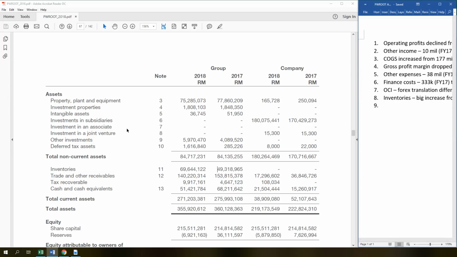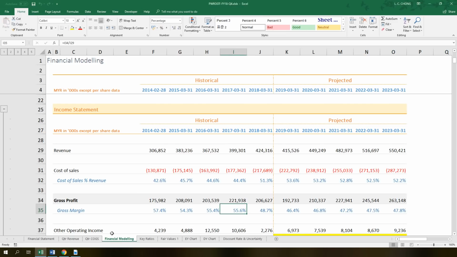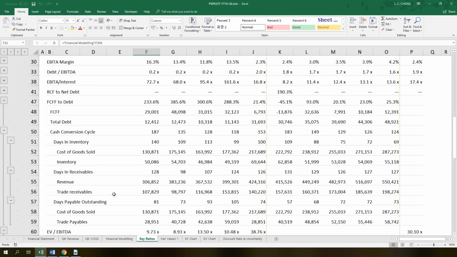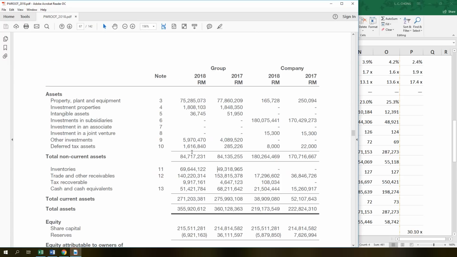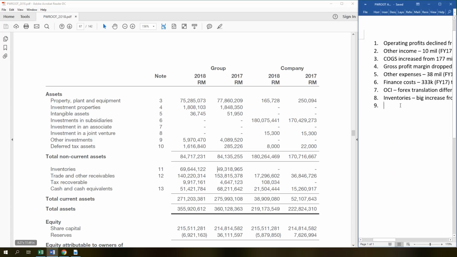We can check days in inventory. Let's have a look at the key ratio. The latest days in inventory was 100. I think it is within the range, no big deal. One question though, will the big increase of inventory be translated to higher revenue in FY19? So this is a question. Will the big increase